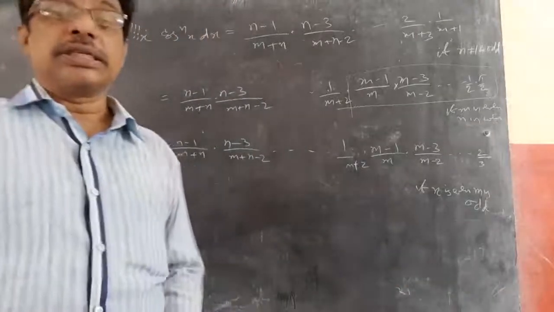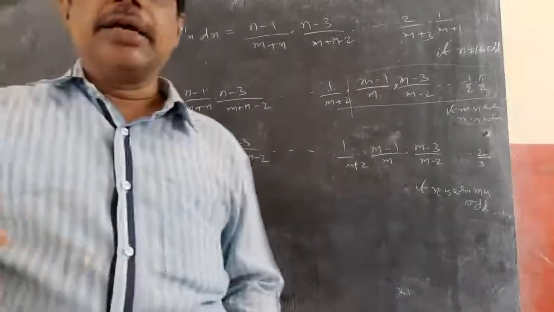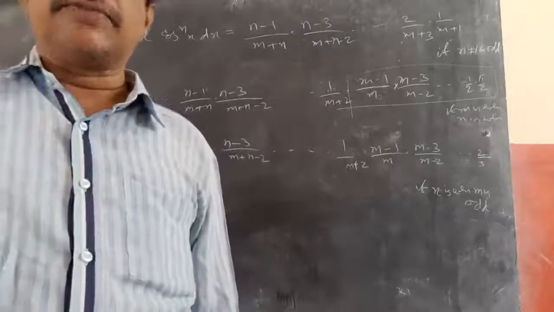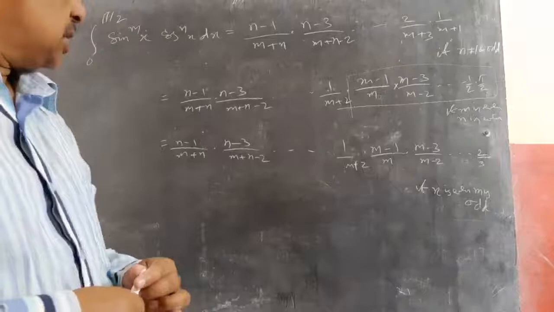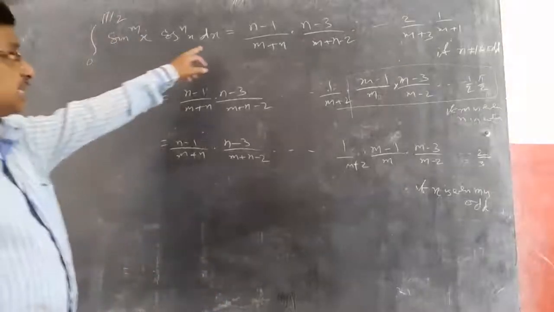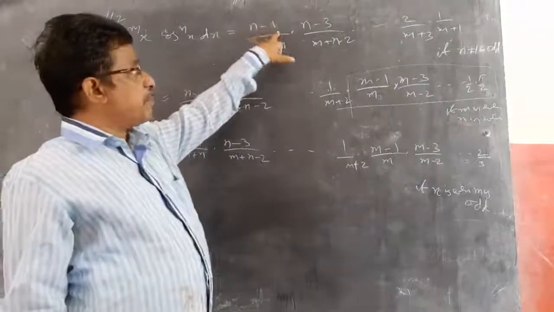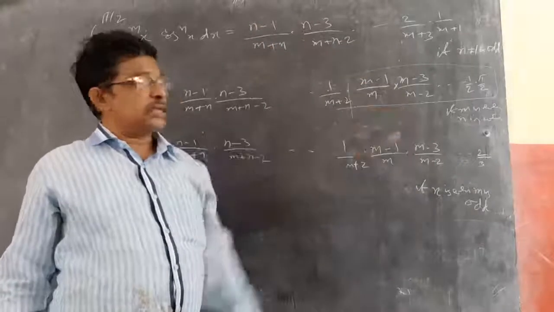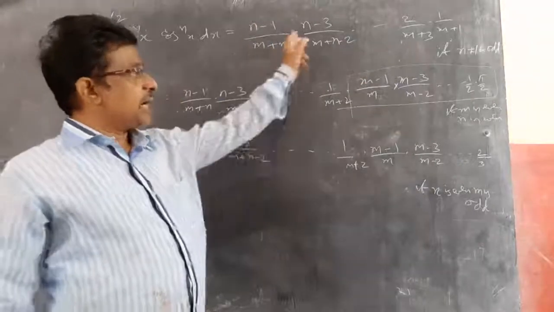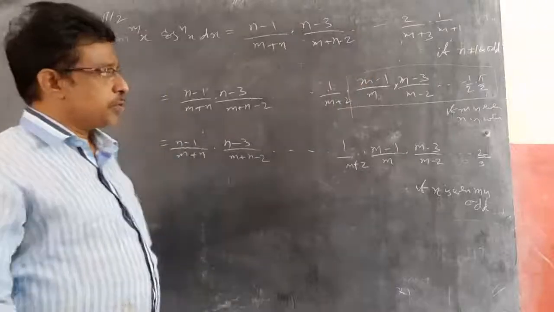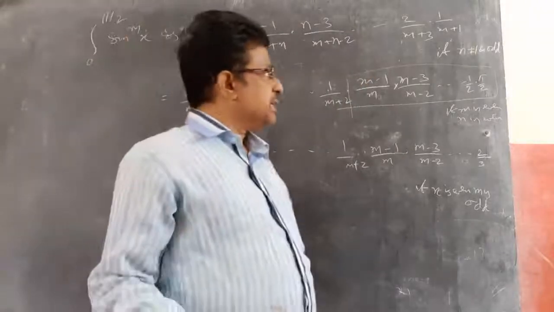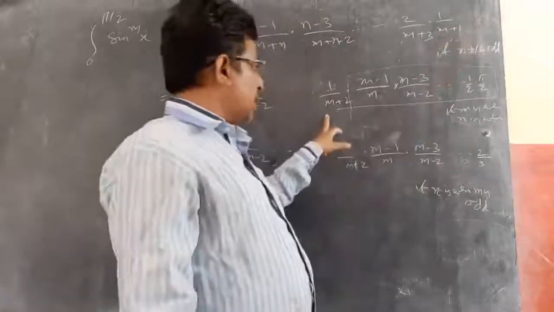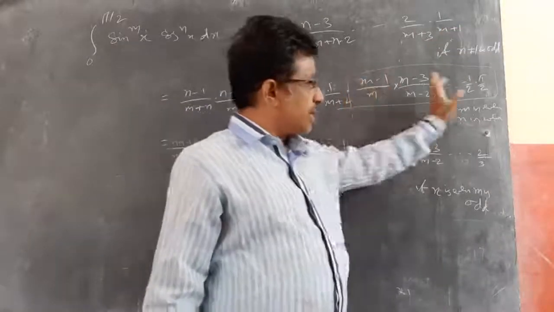Now we will do 2-3 sums, then you can understand. We will do the 2 marker sums using these 2 reduction formulae. No need to learn these formulae by heart. You just apply the logic, observe the logic. Cos power n means cos power minus 1 reducing, and the denominator is the sum of the two, reducing by 2. Numerator and denominator are both reduced by 2. If you remember like that, you can remember easily. And after getting 1 by m plus 1, you can stop. If you are getting 1 by m plus 2, then apply the sine rule there.